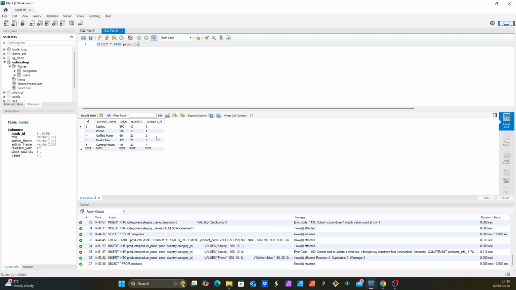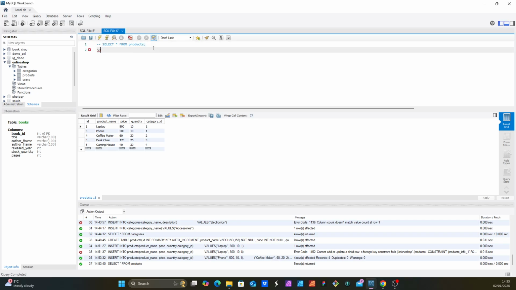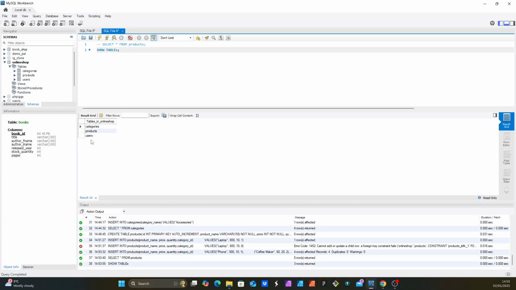So we have IDs here. Okay, let me just refresh the table. So over here we have products, categories, and users. So again, we could use this command of show tables, which shows us all the tables. Okay,